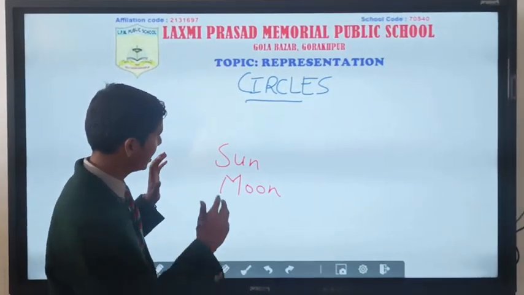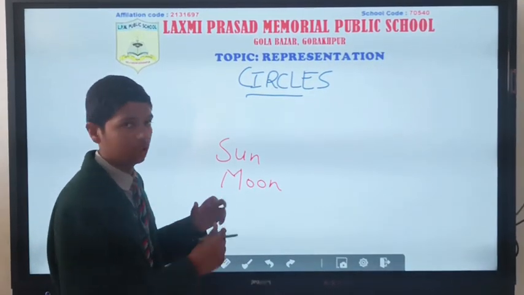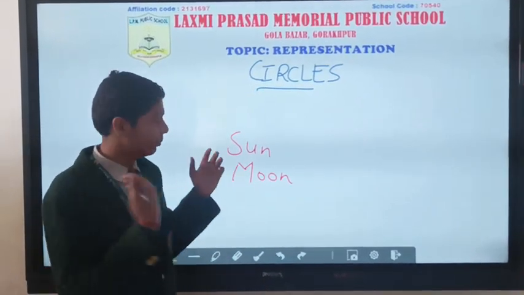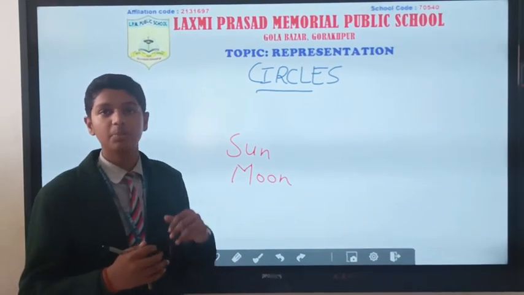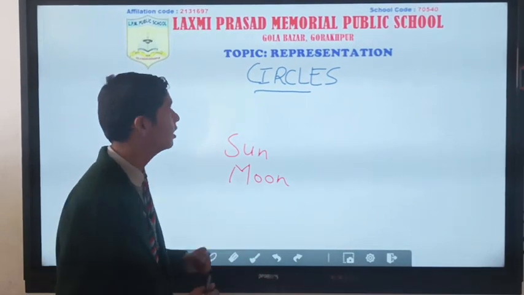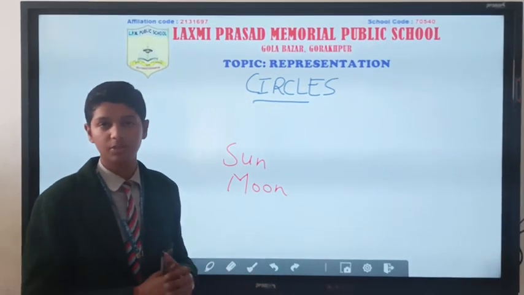But these things just look like a circle. They are not a circle. They are in the form of a sphere, and there are many different types of geometric shapes. But from this we can conclude that the circle is one of the most beloved patterns of nature, which keeps repeating again and again. So this is the basic terminology of circle from the scientific view of nature.